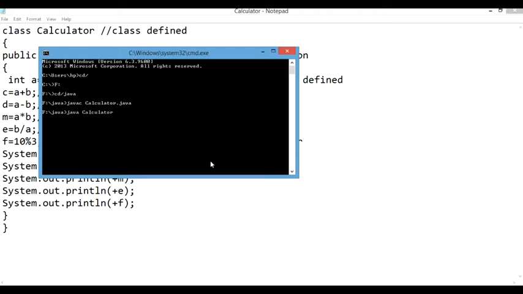Now you can see this is the desired output. Whatever I have used over there is printed to me over here in the output. So this is the purpose of using different kinds of operators. You can see the result of the first one: it is adding the two numbers. Second is subtracting, multiplying, and then dividing, and then showing me the modulus of the data. So this way we are performing a program with operators in Java.